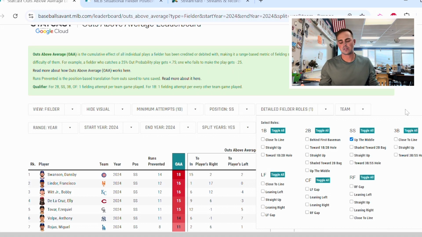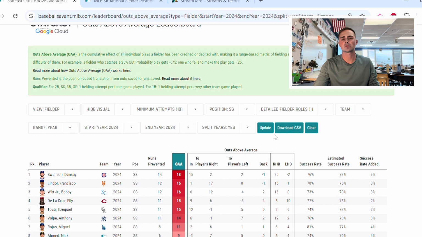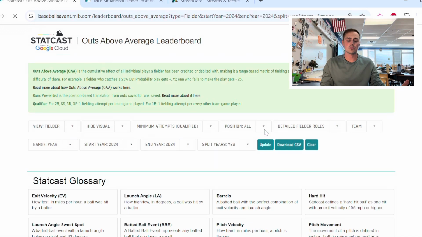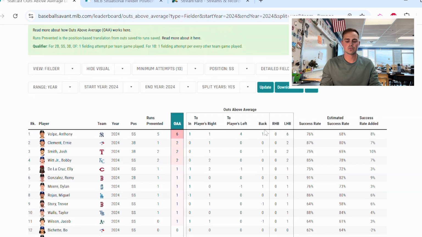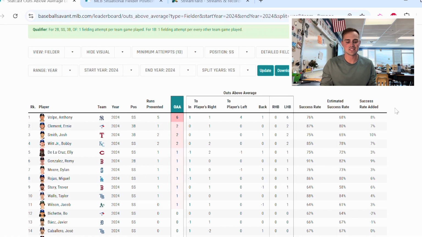Now this is pretty standard across the board. We're going to have our shortstop positioned up the middle. So these will all be for shortstops. The first guy on this list that really jumps out is Volpe. He looks pretty dominant in this space. So we're going to dive in later to try to get an idea of what makes him so good here,